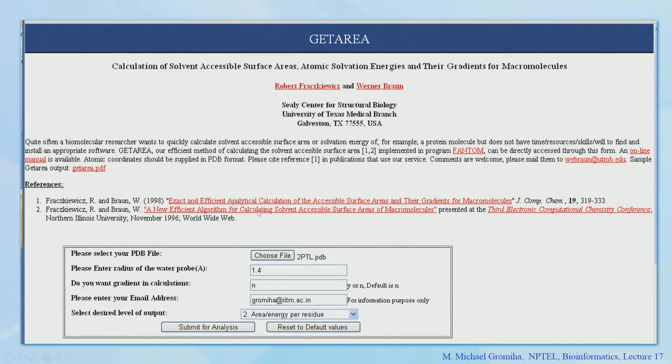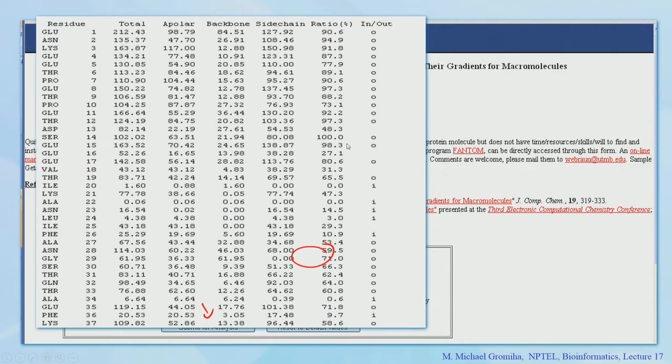This is another program, called GetArea. Here you can use the online version, but a standalone version is not available. You can manipulate the probe radius and other parameters and get the data for all atoms. For example, you can give the PDB file, here 2ptl.pdb, with a water molecule probe of 1.4. If you give your email address and submit for analysis, you will get the output. If you look into this data, each residue has its total surface area, and they are grouped into